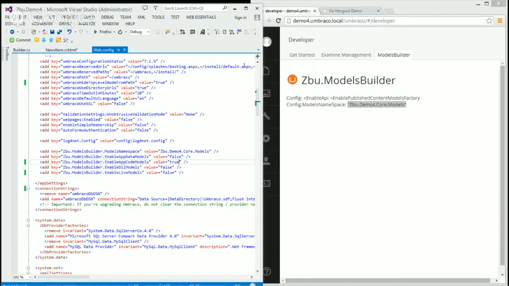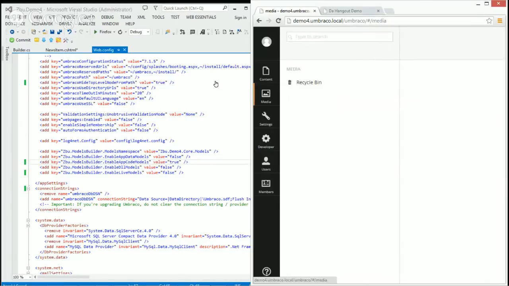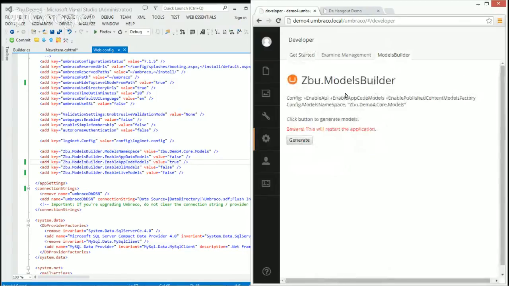I save here, load my page, and go back to the Models Builder, where you can see now that you have a big button to generate the models because you have enabled the type of model. You have a big warning which says that it will restart the application.